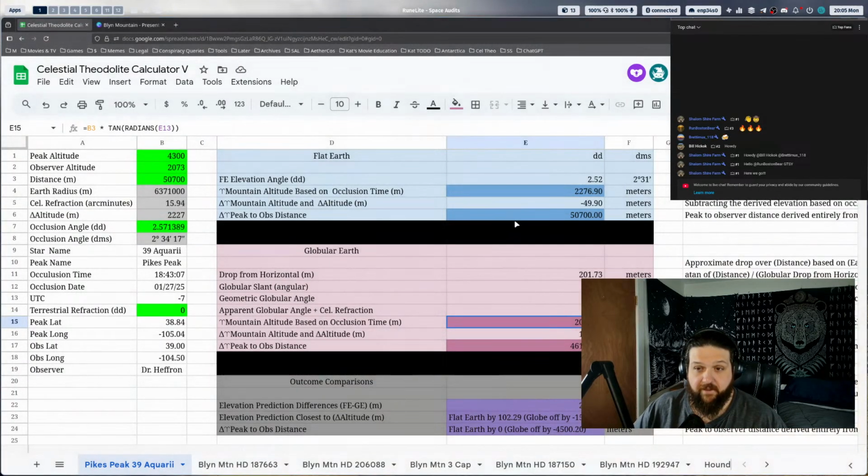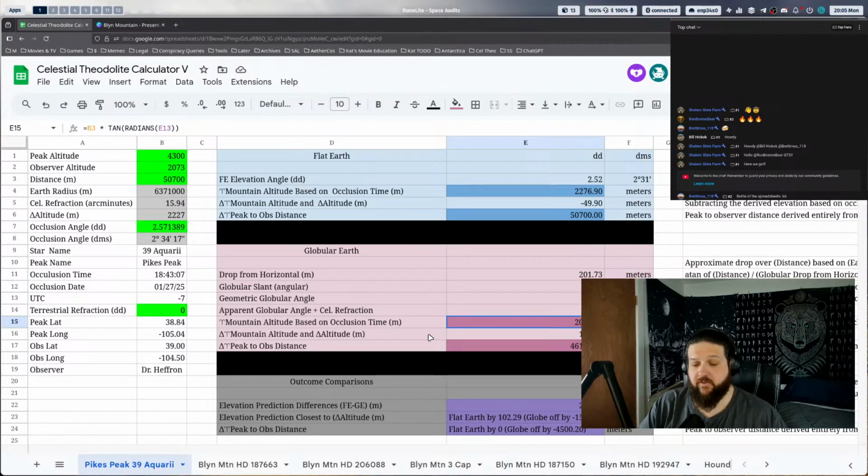Because I'm not very familiar with this kind of stuff, I have to make it real easy to understand. So hopefully when we go over this, it makes things a little more clear about the purpose and premise of the Celestial Theodolite. After we go over the first example here and we understand the spreadsheet and how it derives everything,